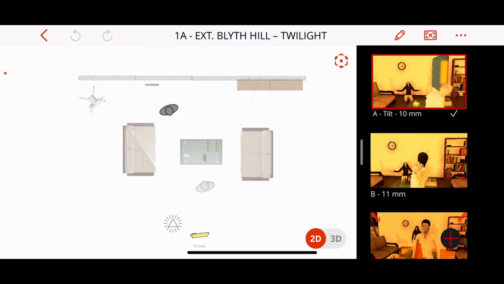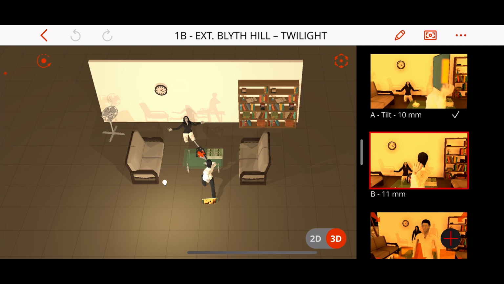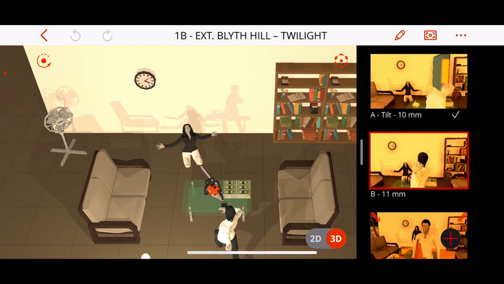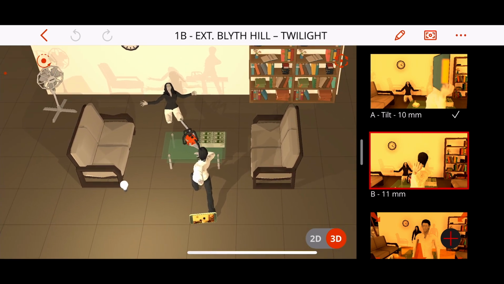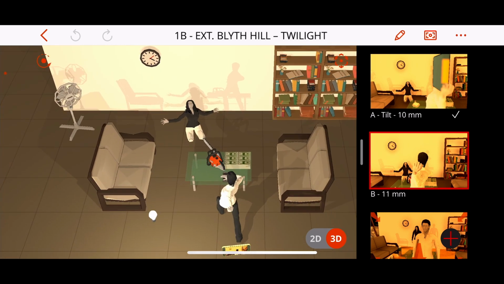You've got some fun shots and scenes that I've made, and you can see the 3D version of them here. So you can create anything you want. So this guy with a chainsaw, really lovely guy. And you can create literally anything. So if you go back,